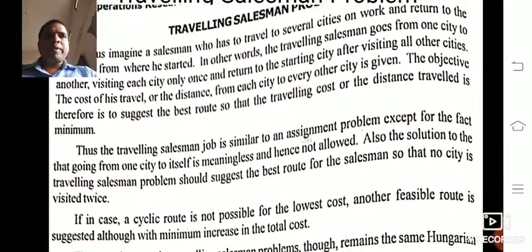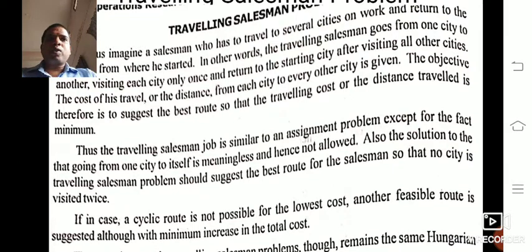Here the traveling salesman goes from one city to another, visiting each city only once and returning to the starting city after visiting all other cities. But the cost of his travel should be minimum, and the distance should also be minimum. The traveling salesman job is similar to an assignment problem, except that going from one city to itself is meaningless and hence not allowed.